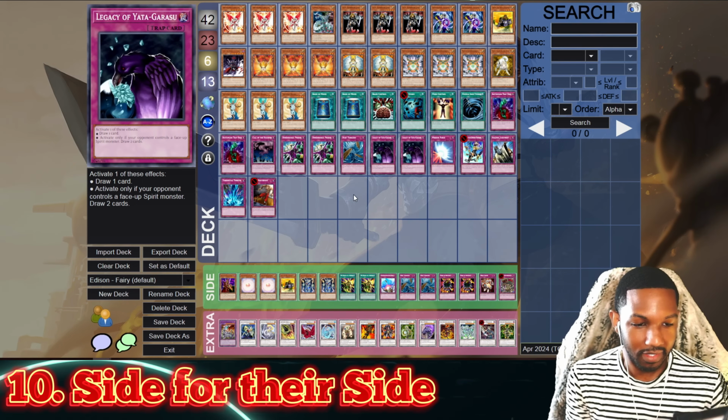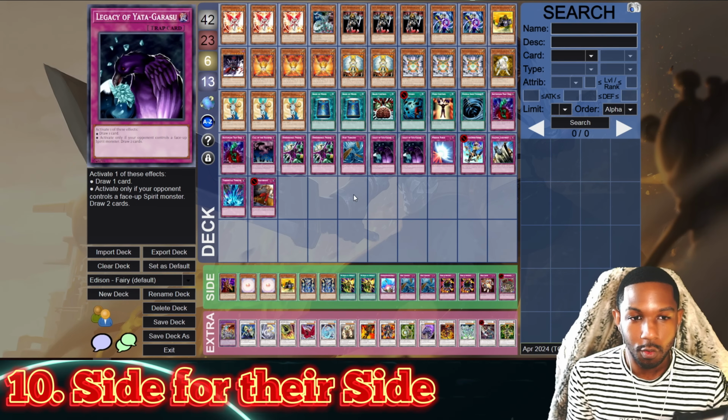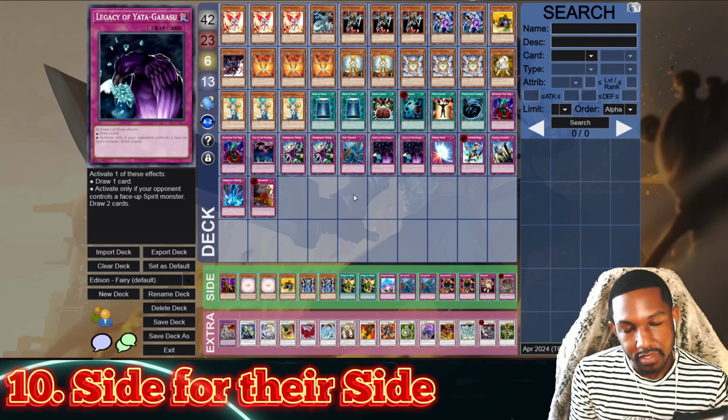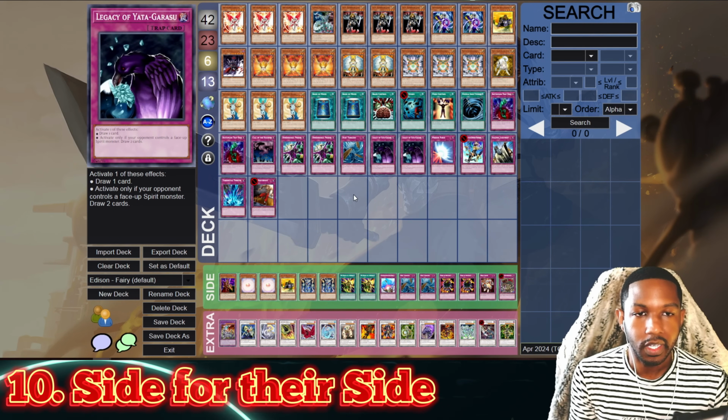So they'll do those things like leave it there or attack with it or whatever and see if you respond. And as soon as you do, they chain Deck Devastation Virus, and now they get more cards out of you than just your monsters. So in games 2 and 3, just be more conscious of what cards people put in